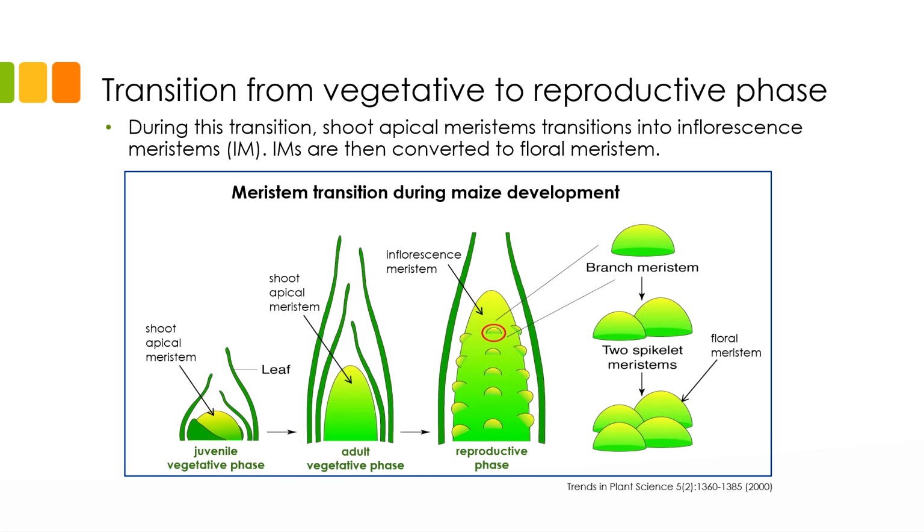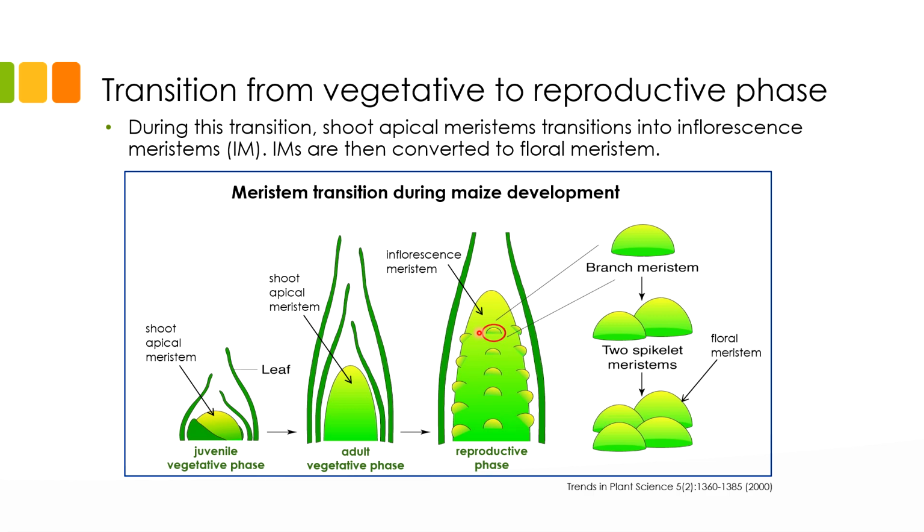Now let's go back to what happens to the shoot apical meristems during the transition from the adult vegetative to the reproductive stage. Throughout the duration of the vegetative stage, including the juvenile and the adult vegetative stage, the shoot apical meristem remains as it is and gives rise only to leaves. As the plant transitions from the vegetative to the reproductive phase, the shoot apical meristem also transitions from a shoot apical meristem to an inflorescence meristem. In doing so, the plant gains the ability to produce not only leaves but also flowers, which are the key